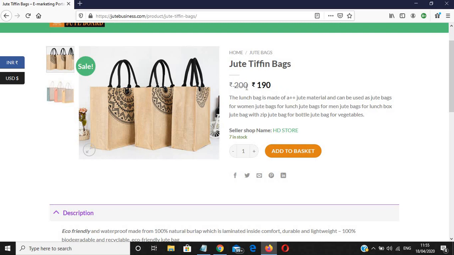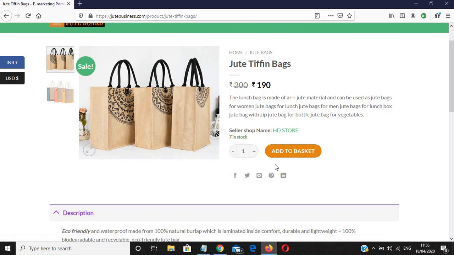So if we enter the selling price here, that will be displayed here as strikethrough. And the discounted price is showing here as 190.